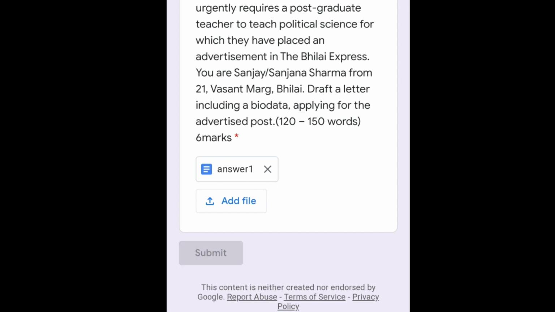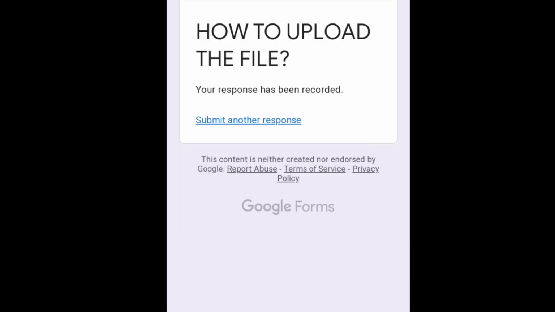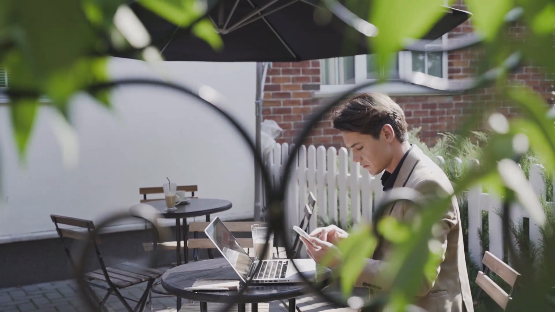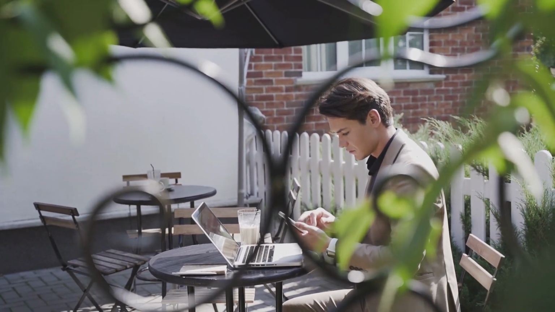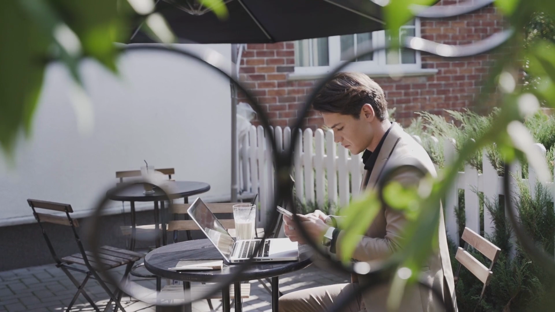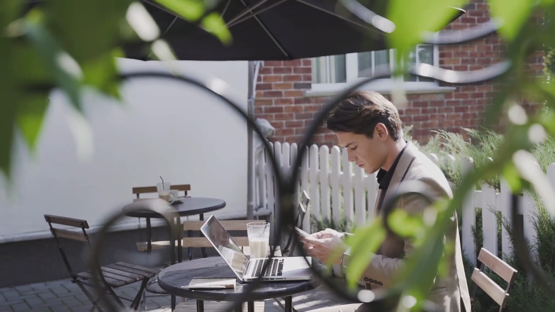So in this method you can even use your mobile phone to click the photograph and upload the file into the Google form, or you can click the photograph, save the photograph into the Google Drive and attach that image into the Google form and submit the form.